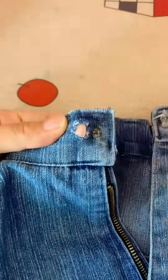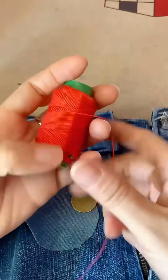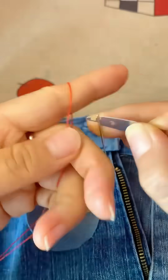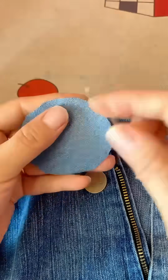How to replace the missing button on your pants using a coin. If the button on your waistband has fallen off, here's a stylish and secure fix using just a coin. Start by preparing a round piece of fabric, a coin about the size of the button, a strong stretchy thread,